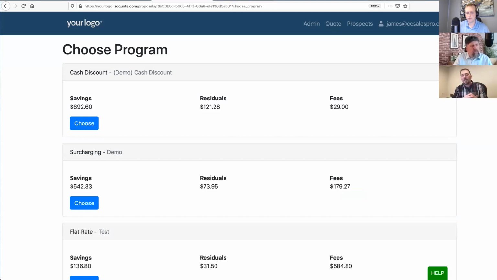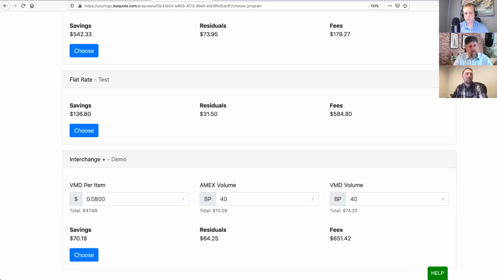a pricing template. I wanted to show this screen because we do support four different kinds of pricing models in our system today. We have cash discount, all the various types and forms of cash discount. We support compliant surcharging, where we can only charge on credit cards. We can't charge the service fee on signature debit or PIN debit or prepaid, so we exclude those. We have flat rate, which would be a competitor to Square or Stripe, something like that. And then of course, we also have the standard Interchange Plus if we scroll down a little bit there.